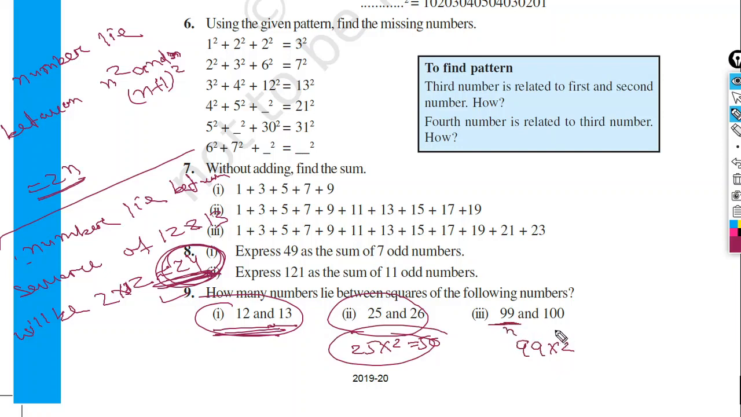n is 99, and it is n plus 1. Okay? 99 plus 1 is 100. So 99 into 2, the formula is 2n, 2 into n, equal to 99 into 2, which is equal to 198. So how many numbers lie between the squares of 99 and 100? 198. So this is the